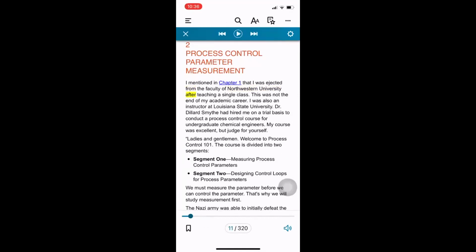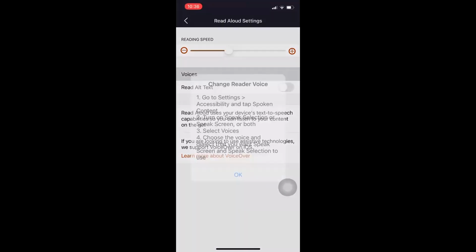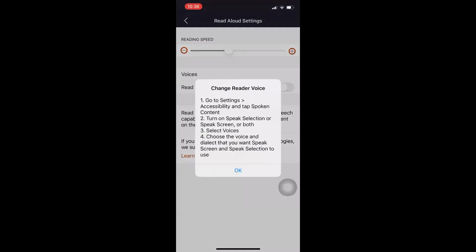It's kind of fast. You could change the setting by selecting the setting logo. You could change the speed here, so for example, medium slow. And in voices, it's the accent. Just go to the settings and then turn on speak selection. Select the voices that you prepared and choose the voice or the dialect that you want to speak on the